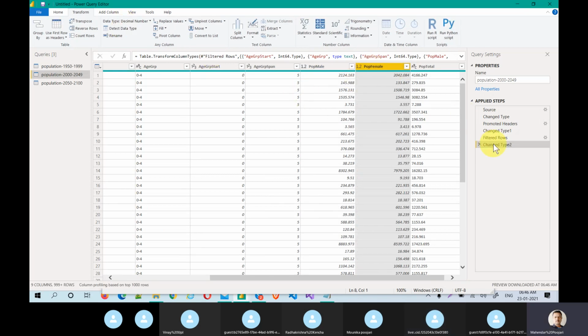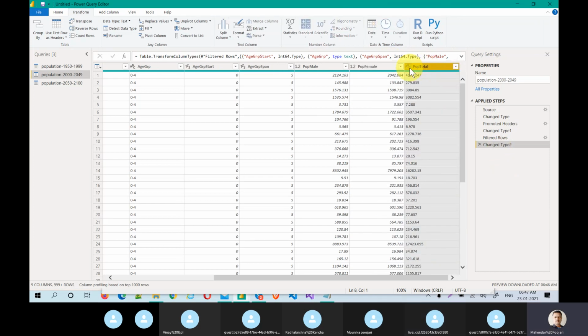See, actually, whenever I do this, it is only one step. What is actually happening, if you observe in the formula bar, the types are changing, but steps are not applying because they would be redundant, duplicate steps. So Power BI automatically understands this is only a changing step, and I can merge it into one step itself. So that is the reason, if you observe, they're actually changing inside the formula, but the steps are the same. They are not changing. Even the total data looks like ABC, but just changed to whole number, decimal number.